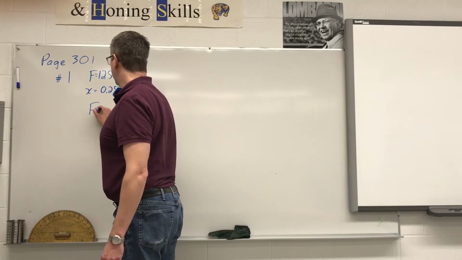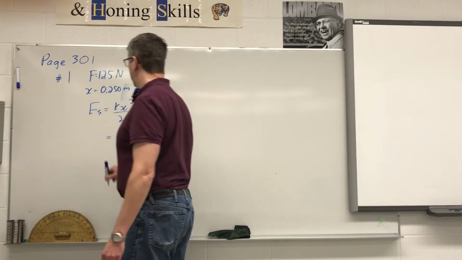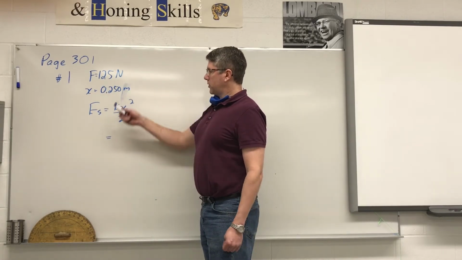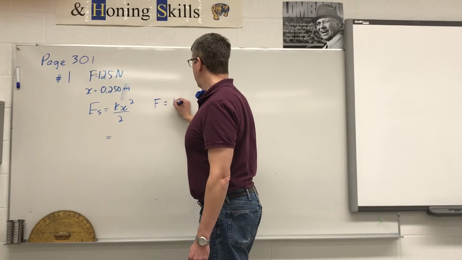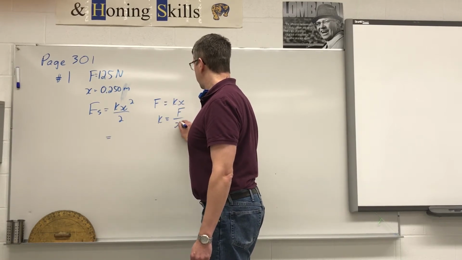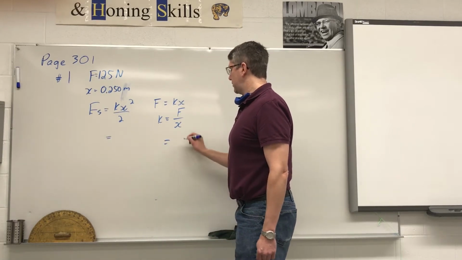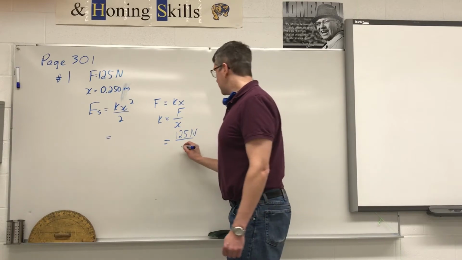So the equation for spring energy is kx squared divided by 2. The problem is we have a force, we don't have our k value. So we have to go to our second equation, F equals k times x. So k is force divided by the distance that it's being stretched. So we have 125 newtons divided by a stretch of 0.250